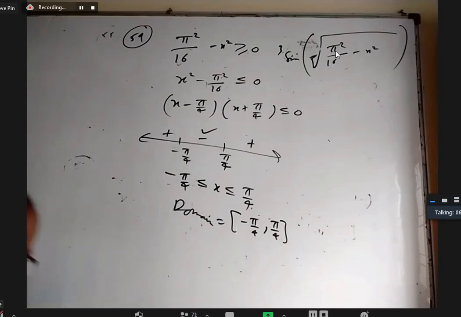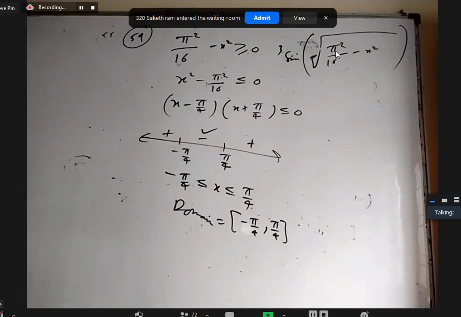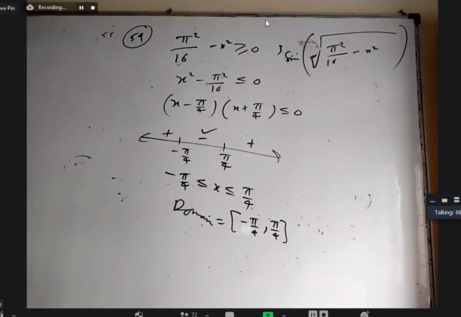Sir, when should we submit inequalities exercise 3 and 4? I'll put a message, okay? Not now. All right. Those who want to do, they can start doing even numbers from 45 to 85, whatever you want.